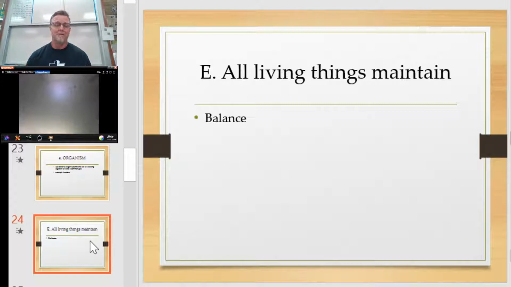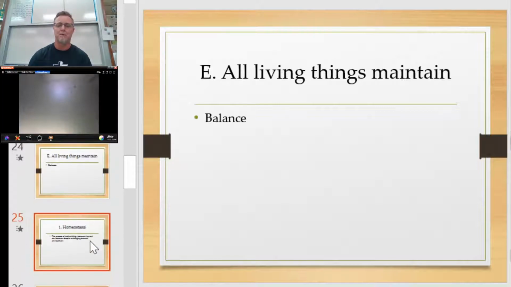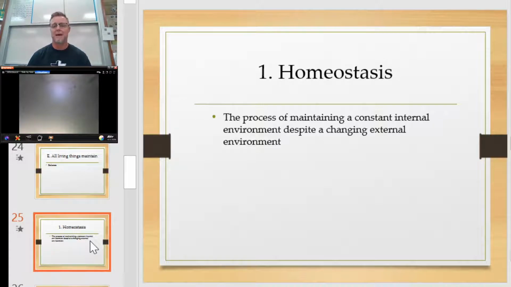If you go outside on a hot sunny day, it could be 110 outside. Your body temperature is going to be 98.6 degrees. If you go outside on a cold day in Fresno, what is that, 80? Then your body temperature is still going to be 98.6 degrees. That's balance. You're holding that body temperature no matter what. So homeostasis, or balance, is the process of maintaining a constant internal environment despite whatever goes on